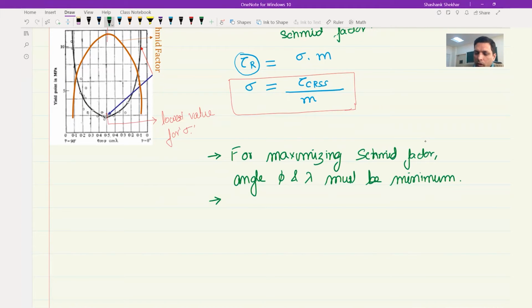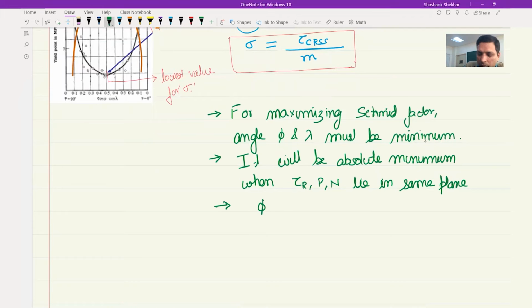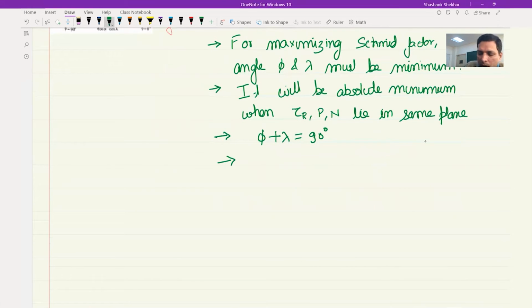So far we have assumed that they can be in different planes. So phi can be in one plane and lambda can be in another plane. But if you want the total to be minimum, then these two must become together, or be in the same plane. Therefore, it will be absolute minimum only when tau r, p, n lie in the same plane. And when that is the case, that would mean that phi plus lambda is equal to 90 degrees. And hence, maximizing cos phi cos lambda,